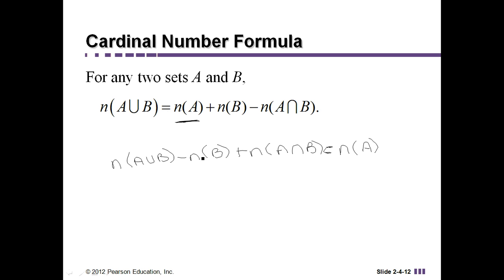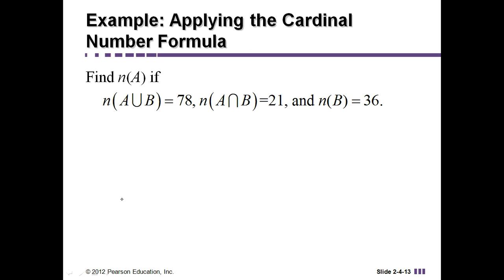So that's what's going to happen on this next slide. We're going to take that information and manipulate it. Here, I want to know what the cardinal number of A is. So we're going to do exactly what we were just talking about. We're going to take the cardinal number of the union and subtract the cardinal number of B and the cardinal number of the intersection. So the cardinal number of A